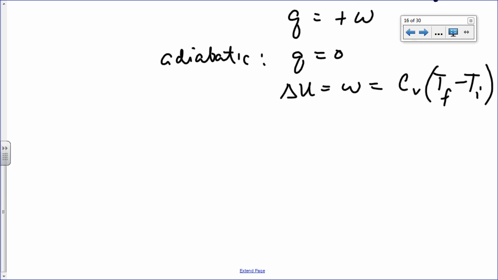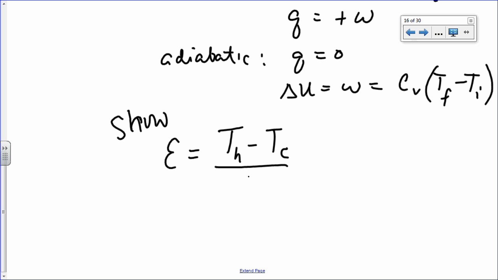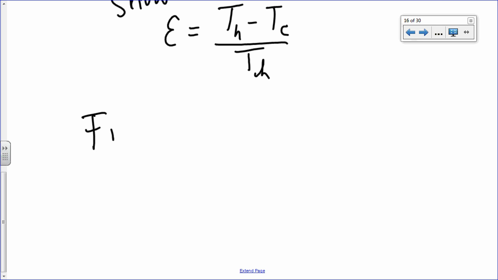And what was it I wanted you to show? The efficiency is equal to T hot minus T cold over T hot, right? And one useful thing that you need to do first, this is going to be very important, is you need to first show